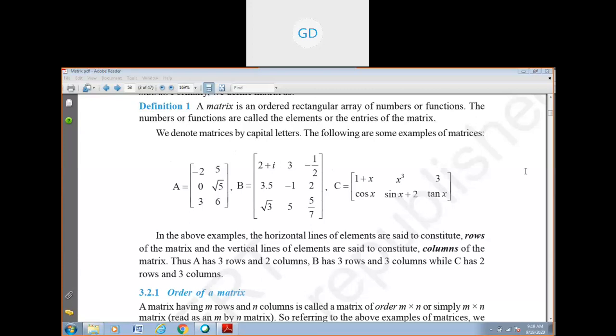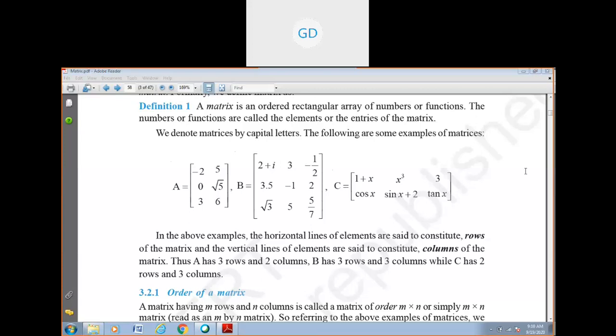It's just an arrangement of some elements, some numbers. But that systematic arrangement is definitely there. That systematicity is in certain rows and columns. If you look at the screen here,